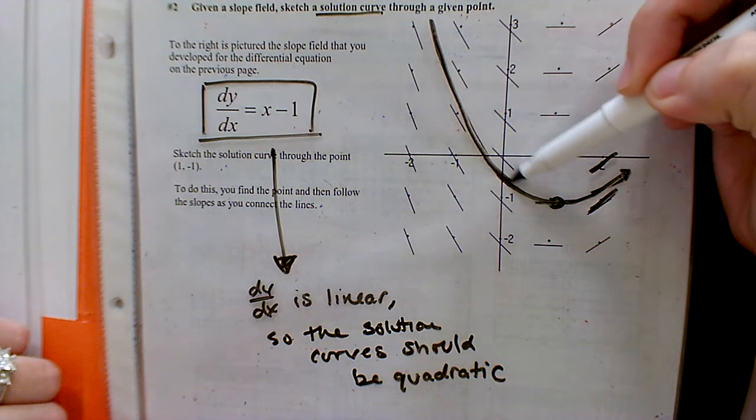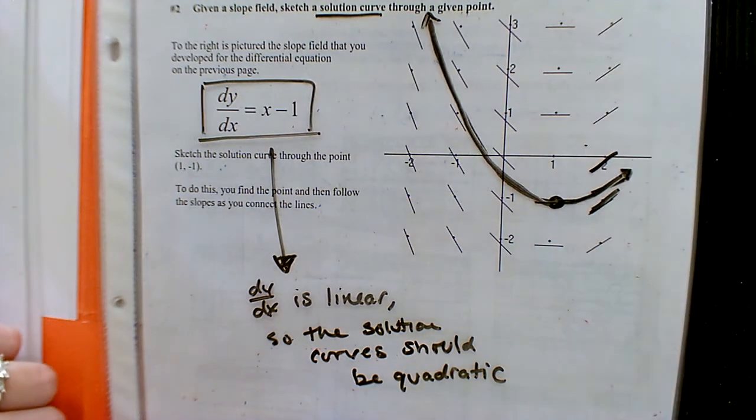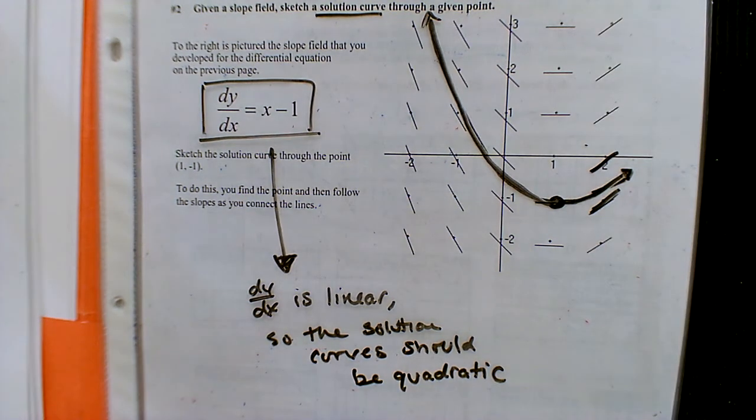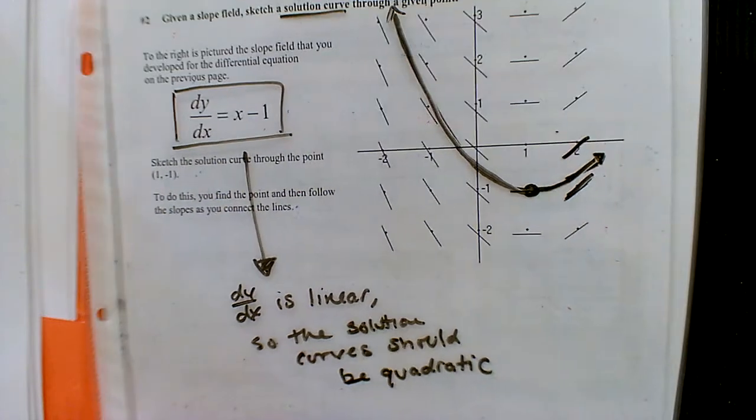So maybe it looks something like that. Does that graph look quadratic? Does it look like a parabola? I'd say so. All right, let's go ahead and try another one of these because I think that's the only example I had